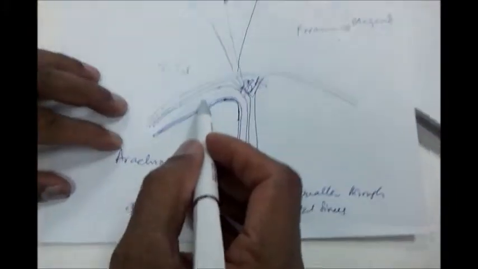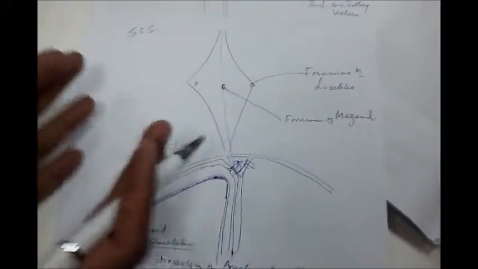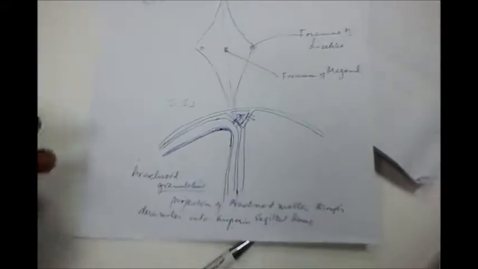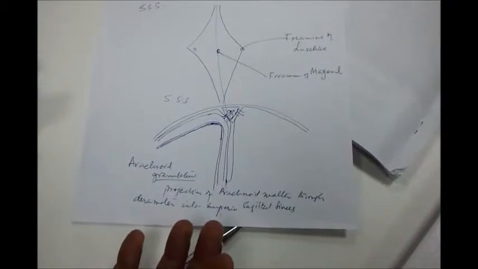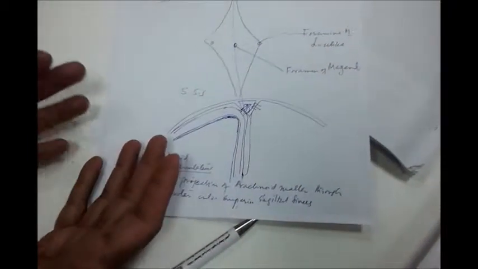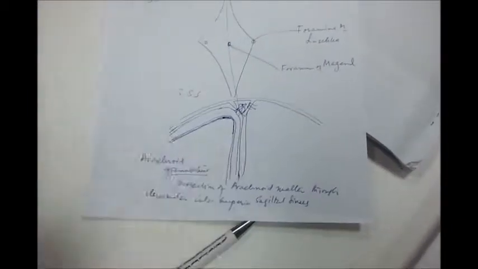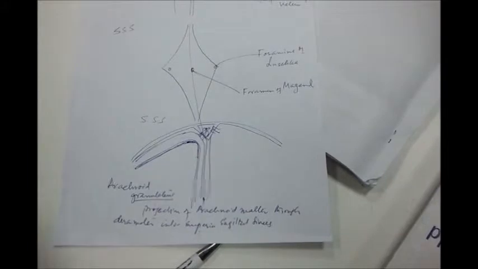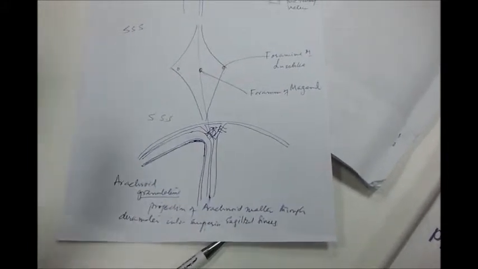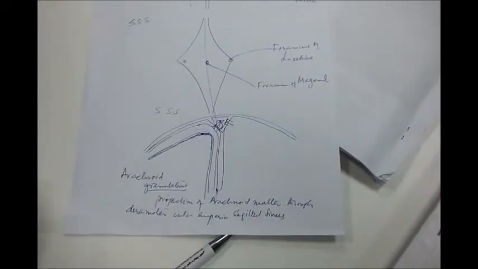This tissue fluid is filling the ventricular cavity as well as the subarachnoid space. It is present inside the brain and it is present outside the brain. So the first and foremost function of the cerebrospinal fluid is that it behaves as a shock absorber. It absorbs the shock. So whenever there is some strike to the head and the brain is moving, there is no damage to the brain.